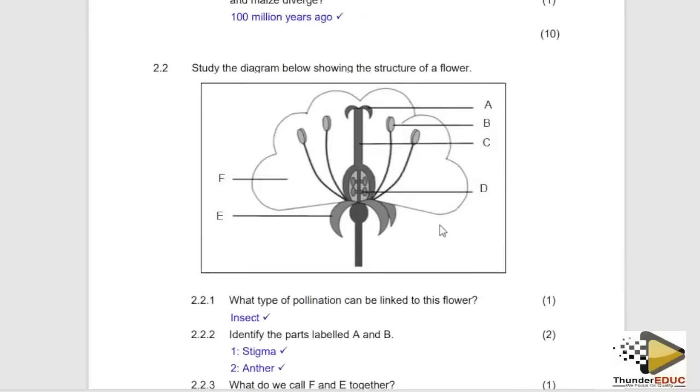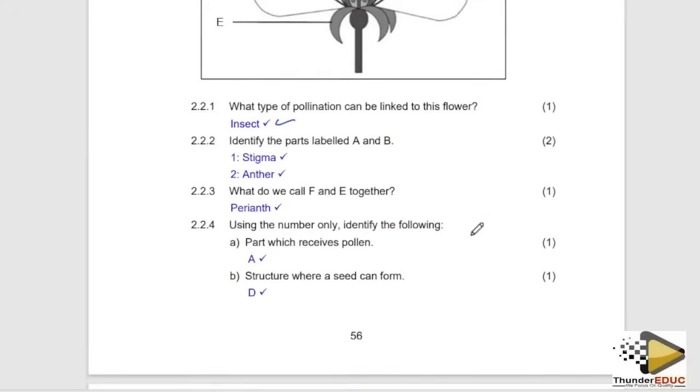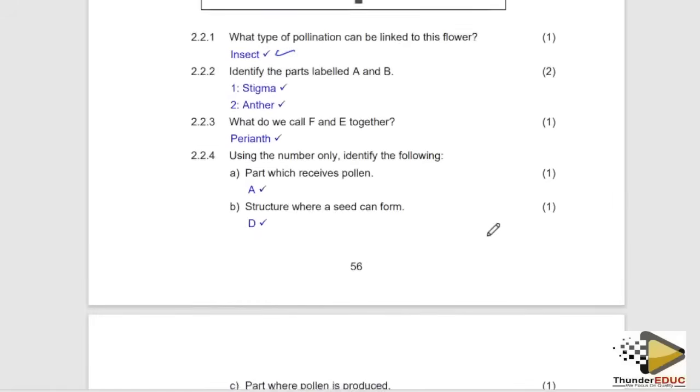So flower, check. What type of pollination is this? They're telling you insect. Insect. You know why? As I explained, check this. Anthers are below the stigma. The petals are big. Don't forget the brightly colored petals. If you check the other flower I showed you, it's brightly colored. So we have some characteristics which we are supposed to look at to classify whether it's a wind-pollinated flower or an insect-pollinated